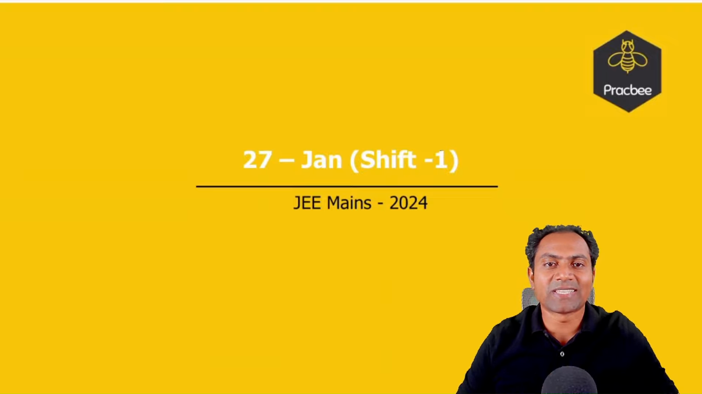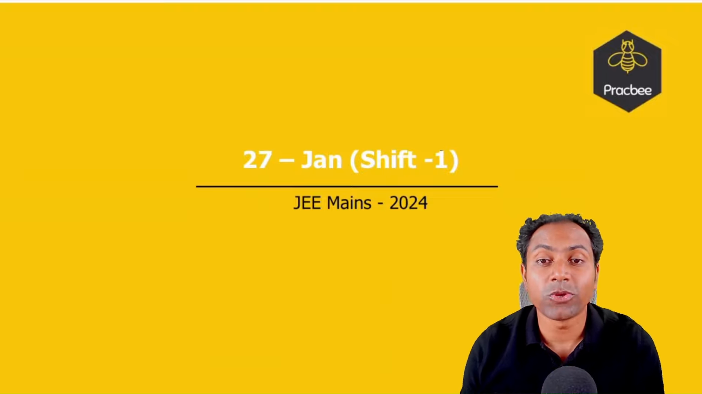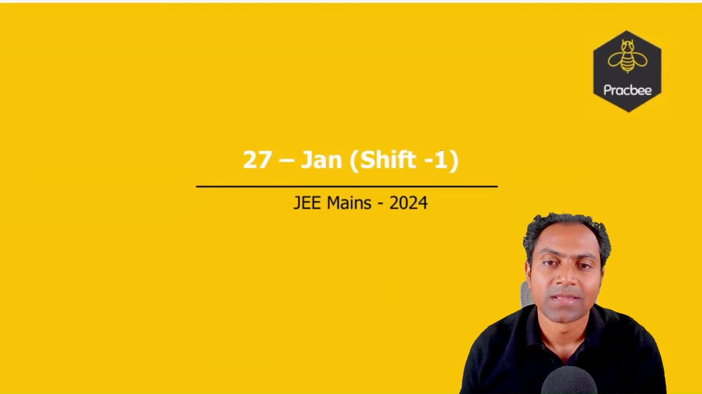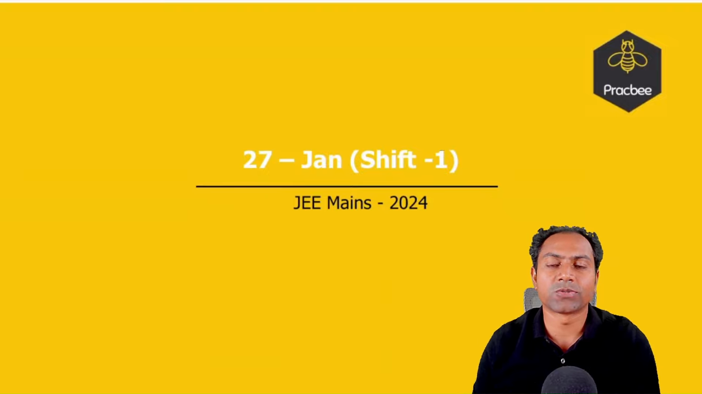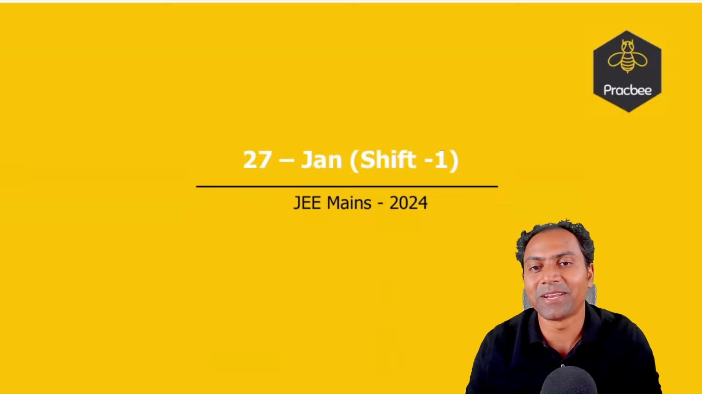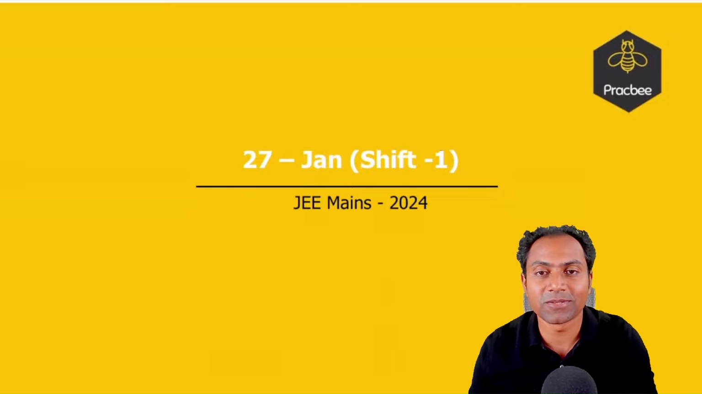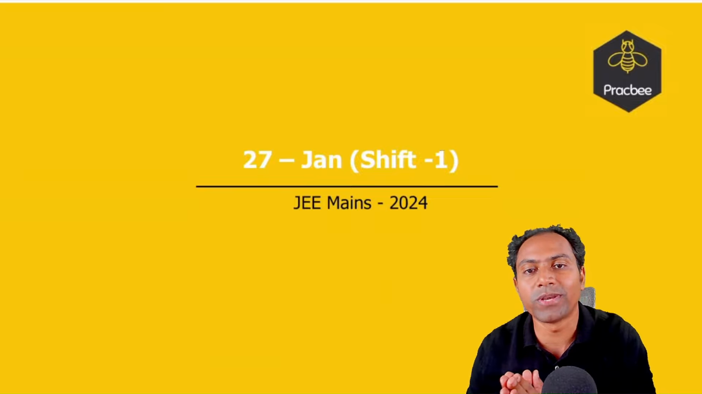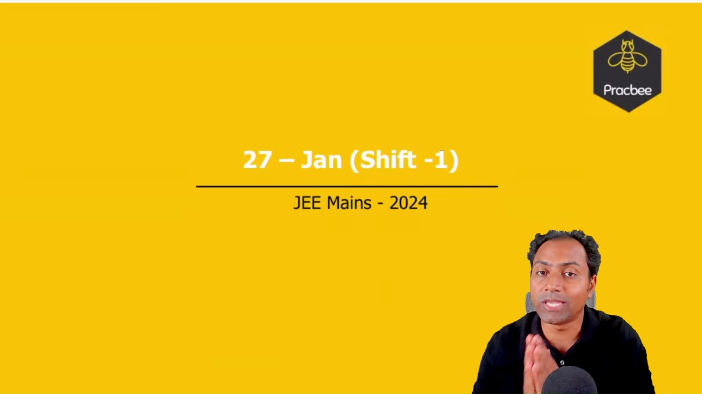So in this 27 January shift 1 paper, there are 2-3 observations that I have. The first is that there are few questions which are technically out of syllabus but have been included. There are few fringe areas that were a little bit debatable but that are also included in the paper. So the students who are preparing for 2024 shift 2 should keep this in mind, that those fringe areas should